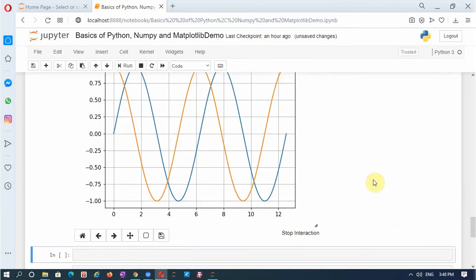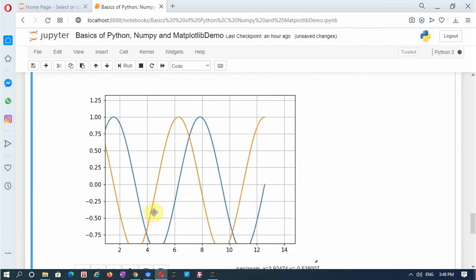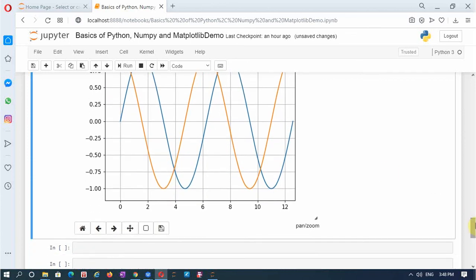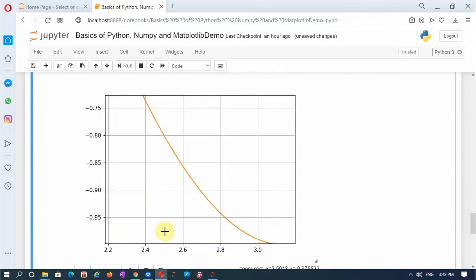You can move the plot on this graph sheet, observe various parts of it, and expand any part of it to see more details.